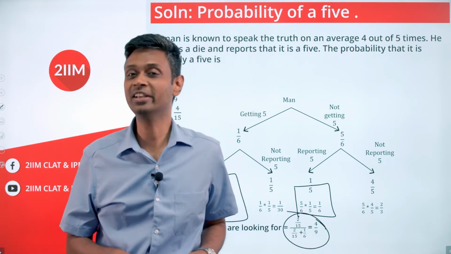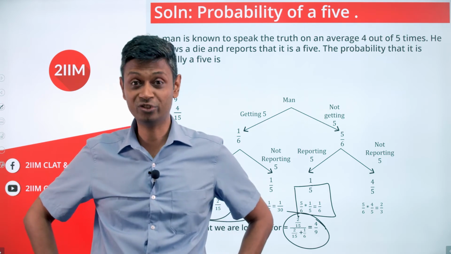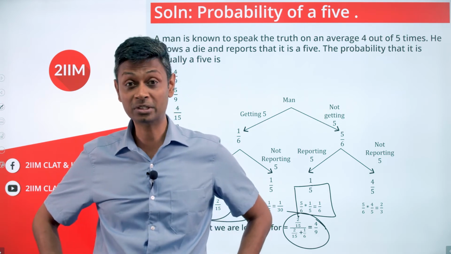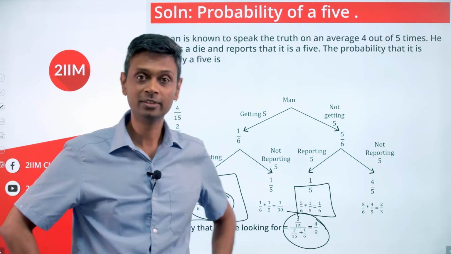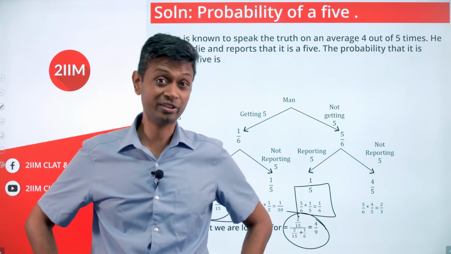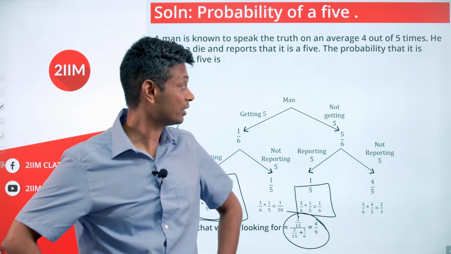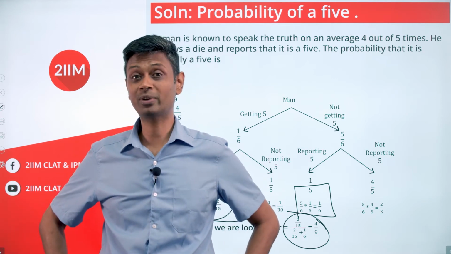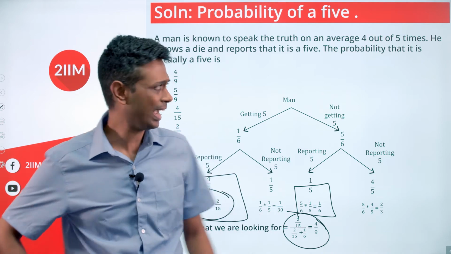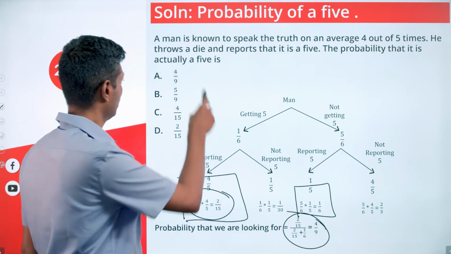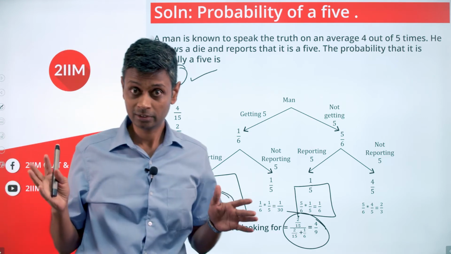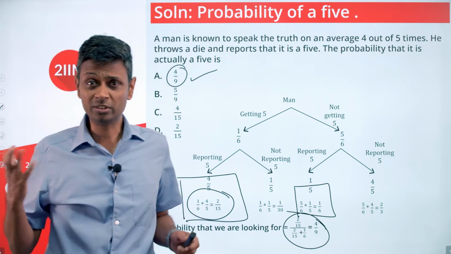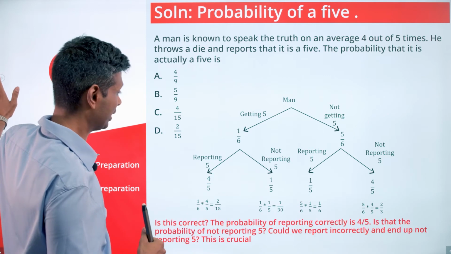If only this question were as beautiful as just this. This question is brilliant. This question is beautiful because it is not this simple. This looks simple. Let me rephrase it. This doesn't look simple. Standalone, this question is still nice, but we have missed one big chunk. So the answer, surprising as it may be, we've got 4 by 9. It's available in the answer choices. Probably it is not right. So what are we missing? What is something that we perhaps are not getting right?